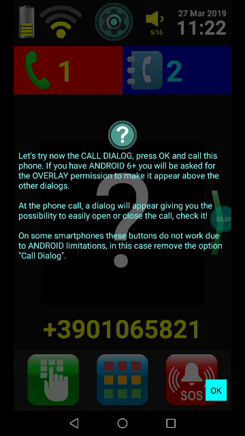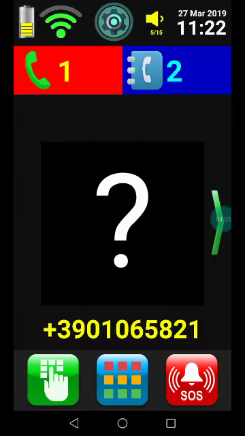Android 5 doesn't support other external buttons, and some customizations of Android don't support this either. So it is not assured at all that you can use this dialog, so you have to test it. If you have Android higher than 5,